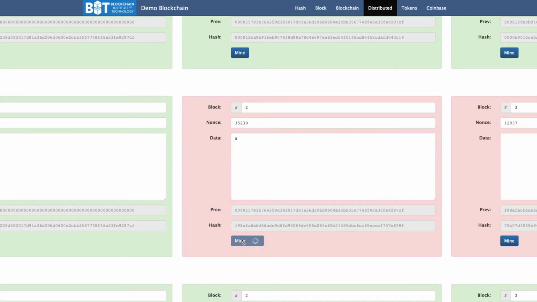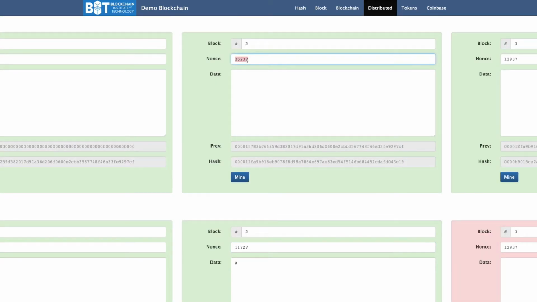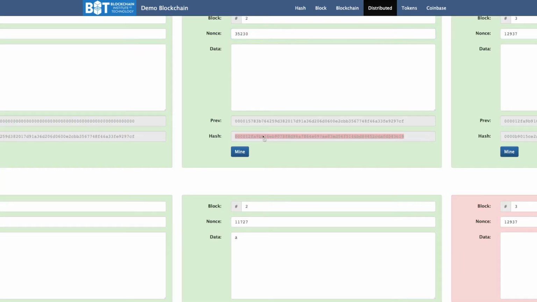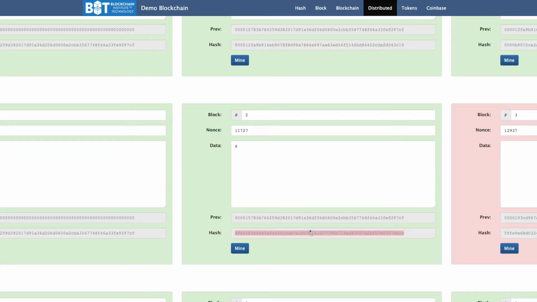So I have to mine it again to produce a nonce that is different from the nonce that existed in the previous blocks, and creates a completely different hash from the previous time. But on a surface level it complies with the four zeros. And now here I forge more data and I mine it, and now I have here a completely different hash from this one. But here's the kicker.